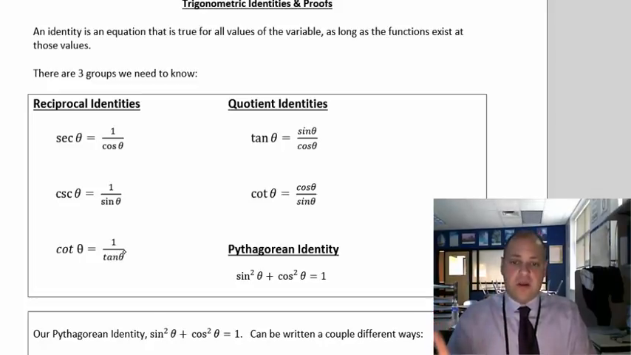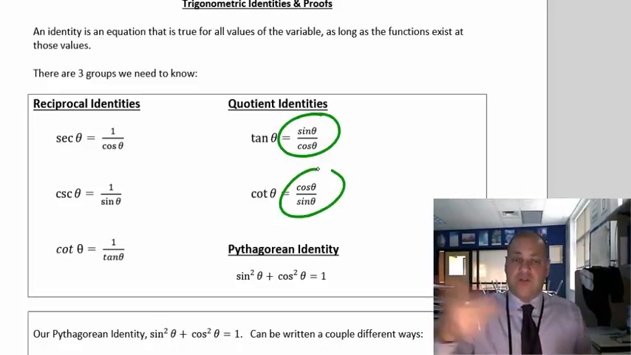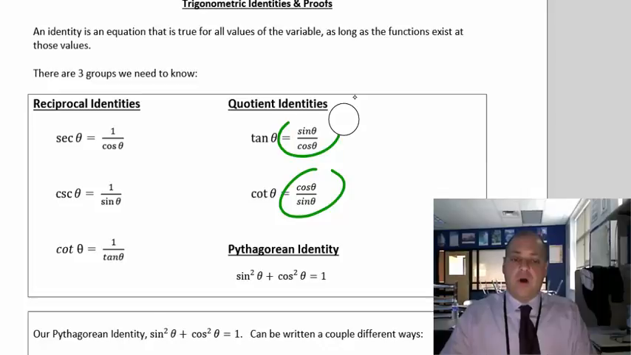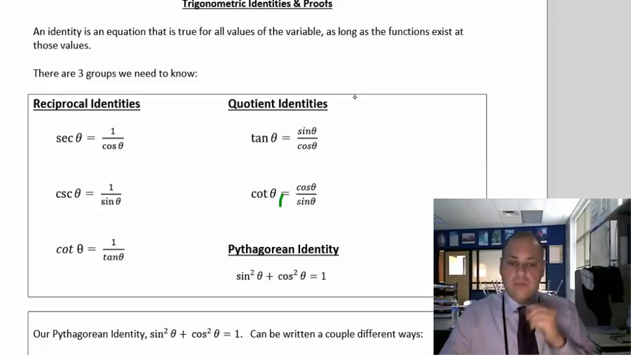Now we know that stuff already. We also know that tangent is sine over cosine. Very important. And therefore the cotangent, the flip of the tangent, you just flip that and you get cosine over sine, right? Very important that we know those. We're going to be using these and substituting these into our